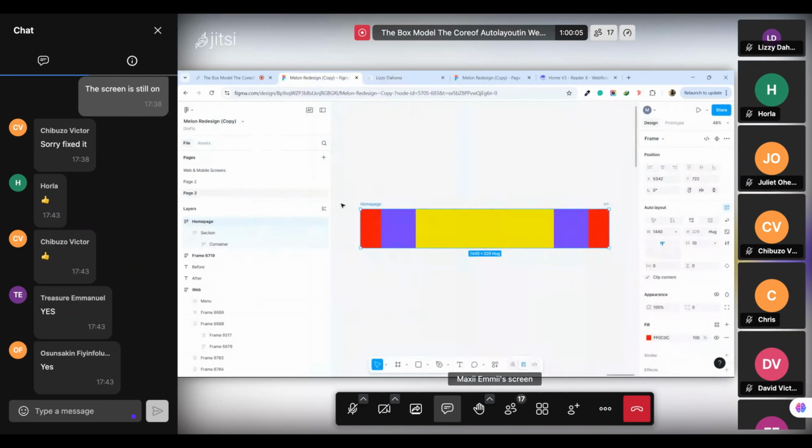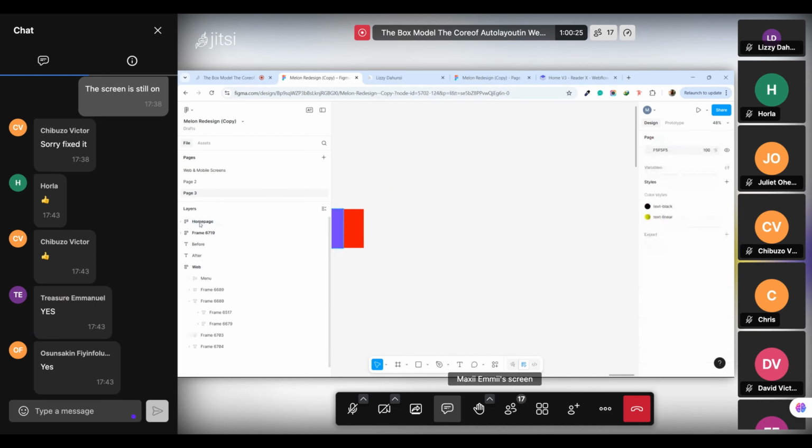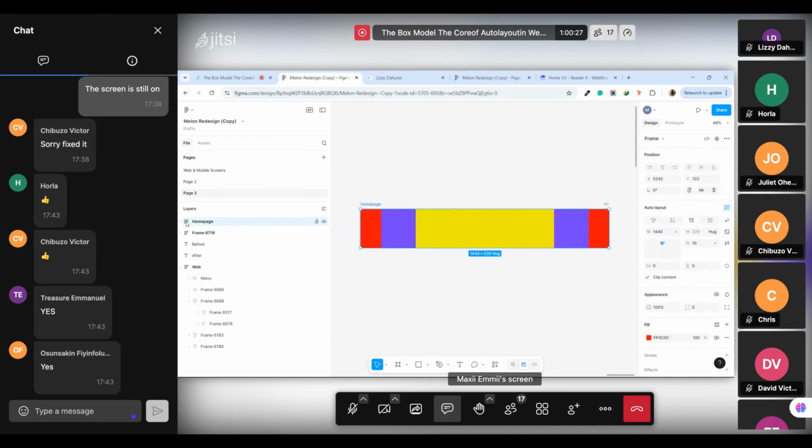So now, if you want to create a design, this is the home page. If you want to create another one, it will be the contact us page or about us page. So you can see that the first page is the page of the website you are viewing, that current page. That's why we name it home page. So going back to the section aspect now,